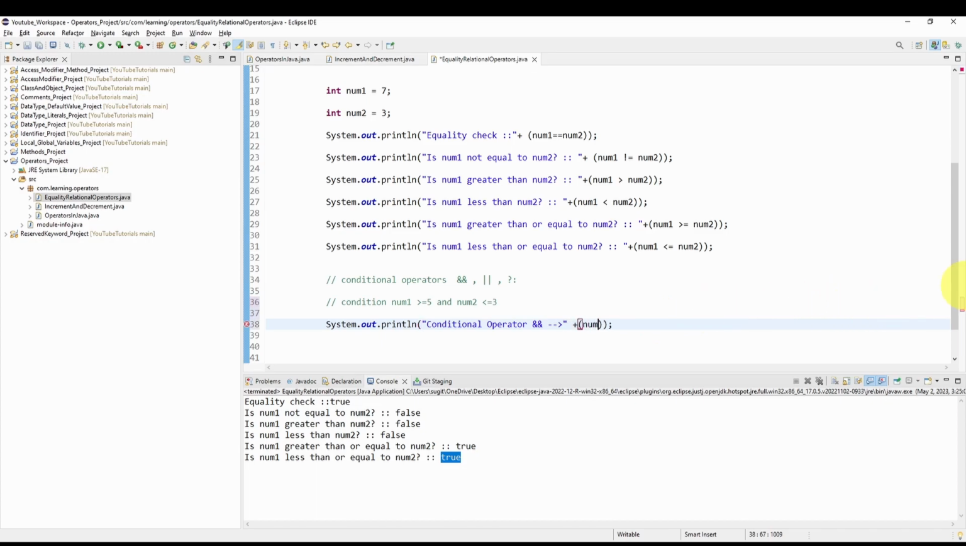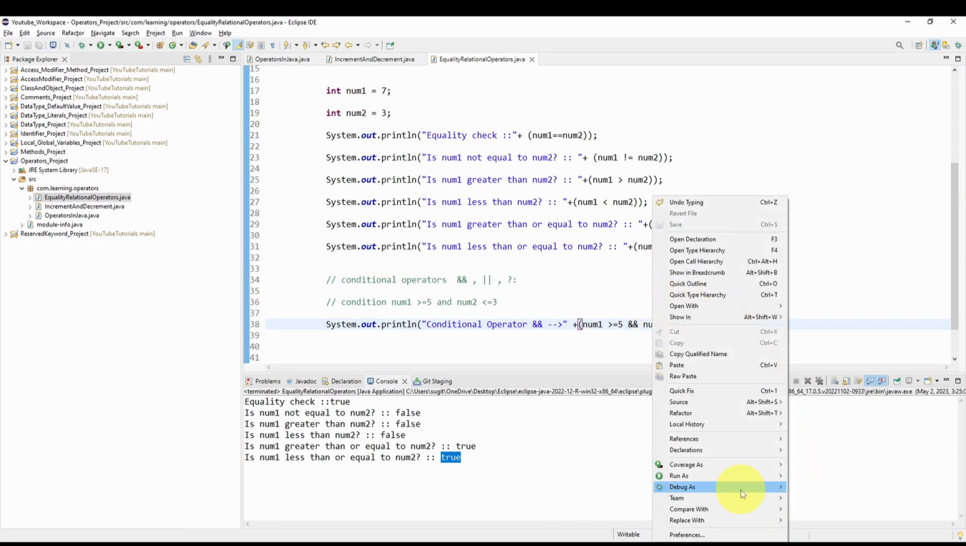We have to write the same condition here: num1 greater than or equal to 5, and for the AND you have to use this double ampersand symbol, and then num2 less than or equal to 3. So if we go and run this, right,